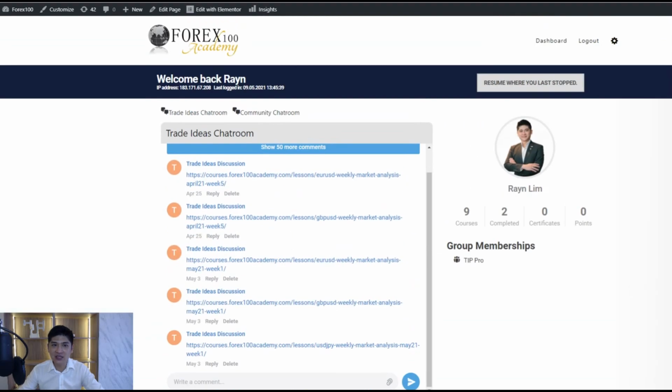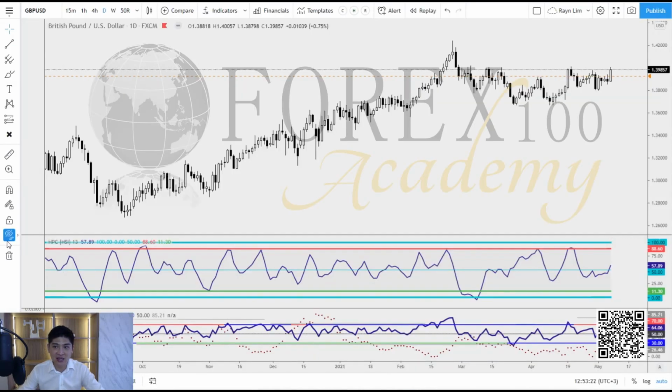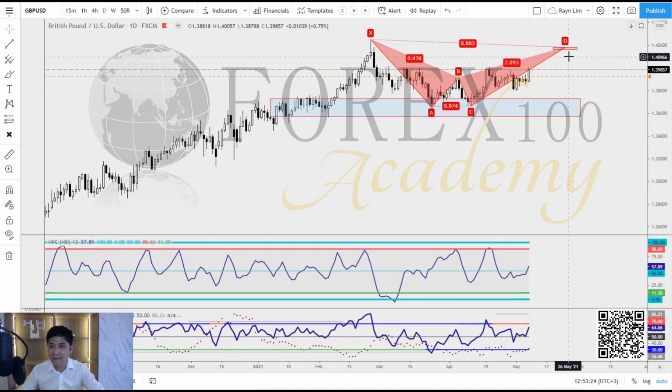Okay, so back to our daily chart, let me share with you my analysis over here. Bearish bat pattern. I'm still waiting for a shorting opportunity at 1.4184. It is still pretty high. You can see that the candle has come back and retested the previous high, which has broken and closed above B price. Okay, and this will be a B price only if it reaches D, because that will only then be a